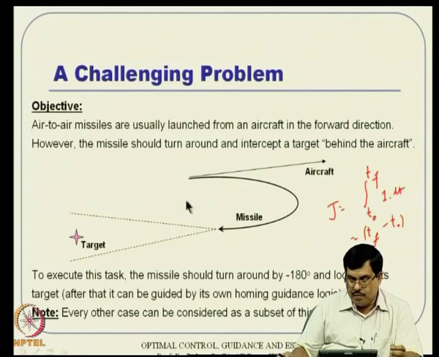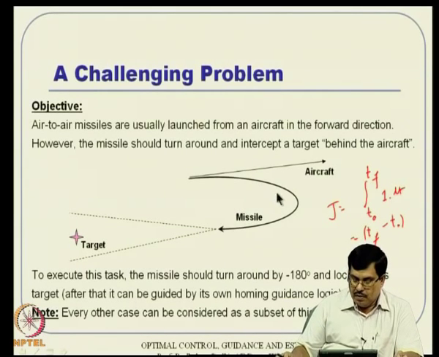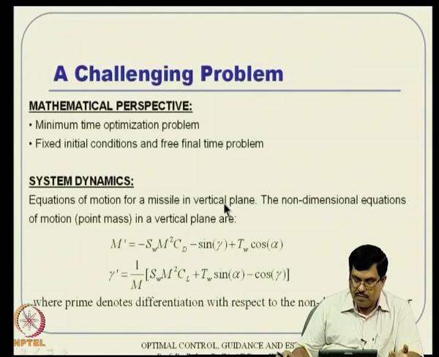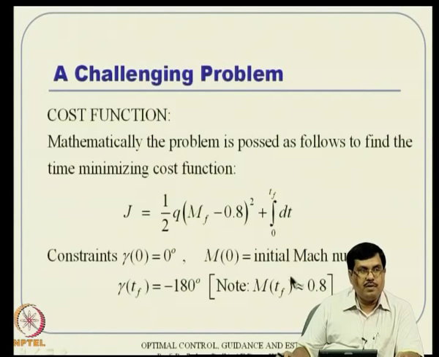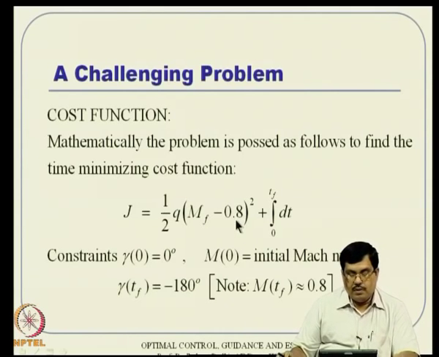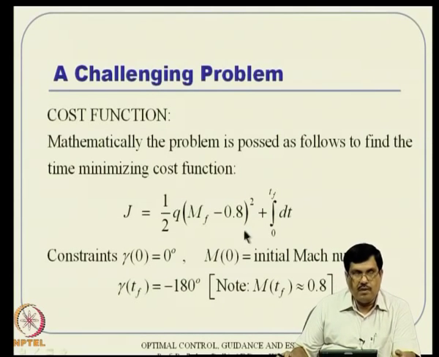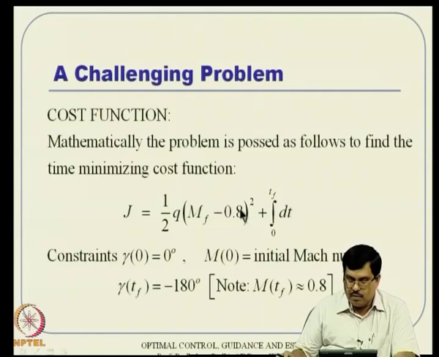So we cannot afford to lose too much energy, because any turning also involves induced drag and all that, which results in loss of energy. We cannot afford to do that. So there is a constraint that MF has to be equal to 0.8, okay. But instead of exactly equal to 0.8, we will say approximately 0.8 is okay, and this kind of soft constraint is alright. So you put that as a soft constraint; anywhere close to 0.8 is fine, that is the meaning.